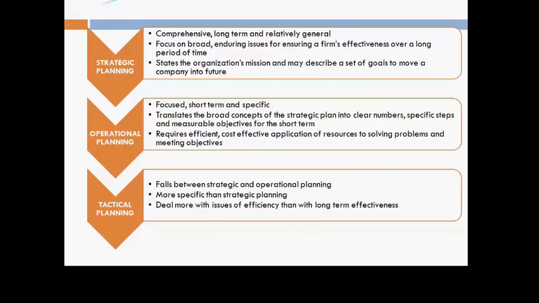Strategic planning is done at the top level management. The CEO, CFO, the owner of the organization, they sit together, they brainstorm, and they decide what the strategy of the organization is. What is the vision and mission of the organization? Where does the organization want to move, maybe in another 1 year, 5 years, 10 years? Where do the owners want to see the organization? So they look into the industry, they look into the market, and depending upon that, they develop an overall strategy for the organization. So it is comprehensive, long term, and relatively general.